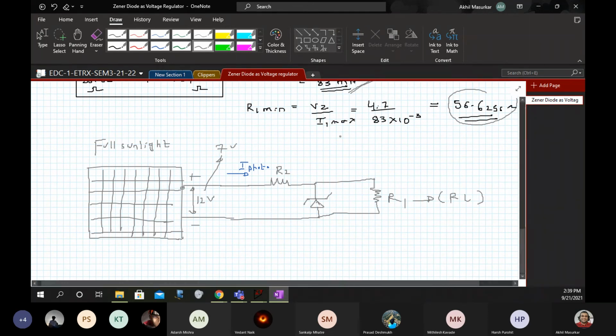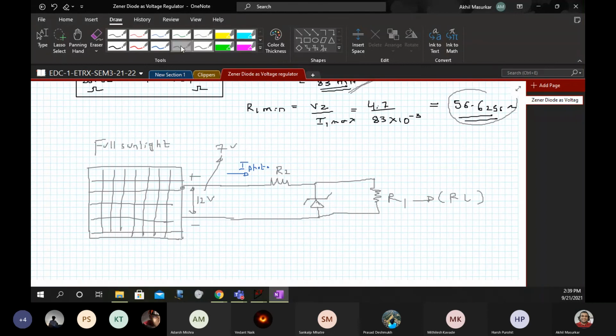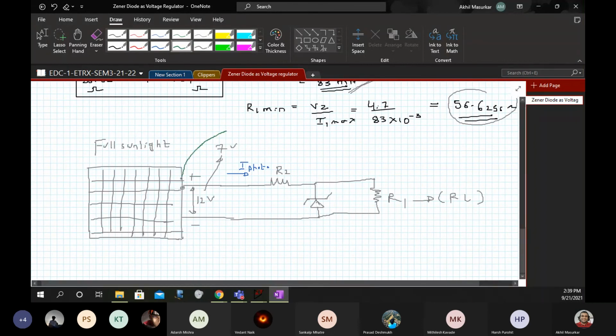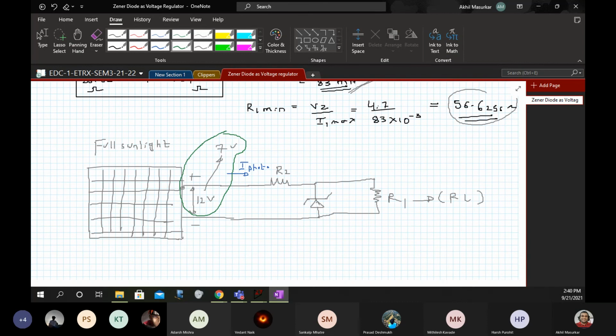So did you get this? Yes, sir. Line current can vary. Why the line current can vary? Nobody asked me this question. The line current in this case is varying because sunlight is not constant all the time. Like today morning it was raining, in the afternoon it was pretty sunny, and now it's cloudy. So that's how things are.